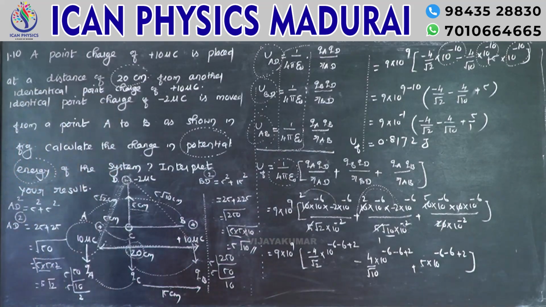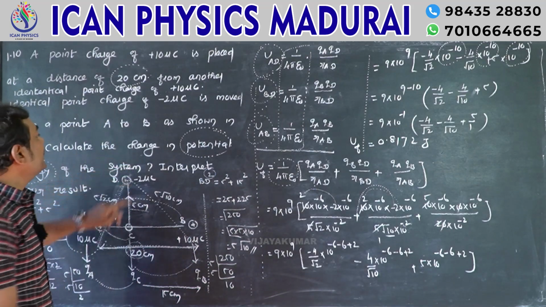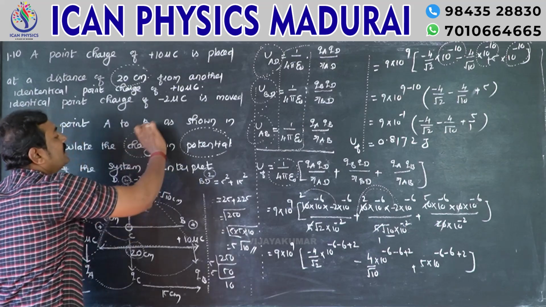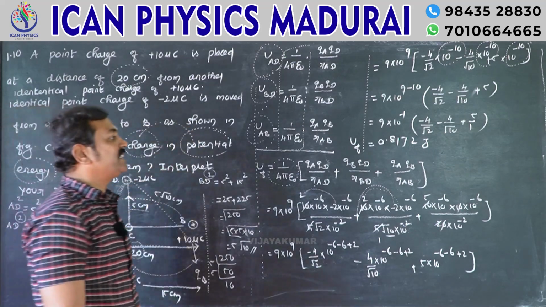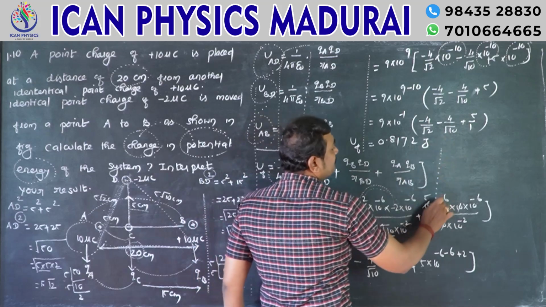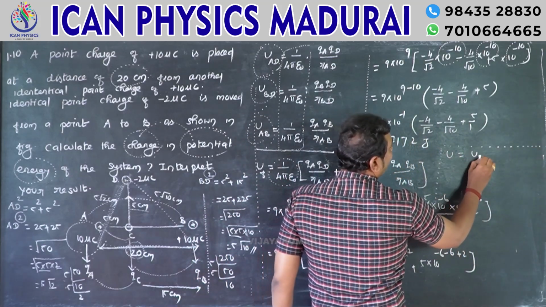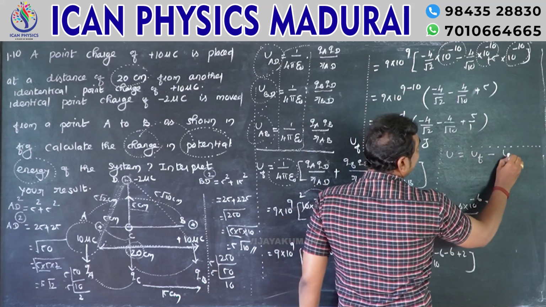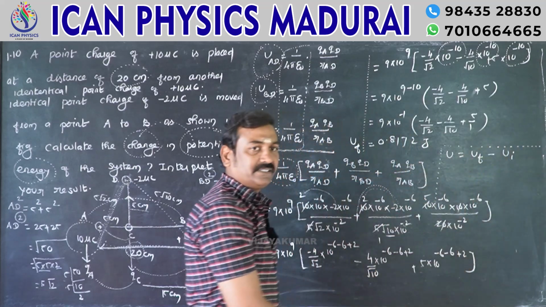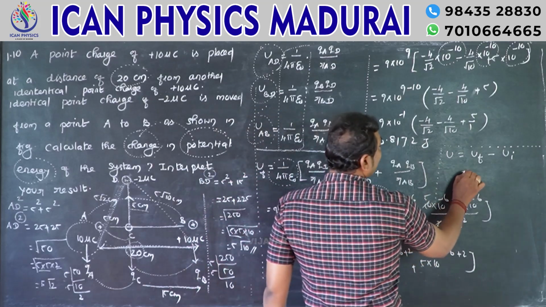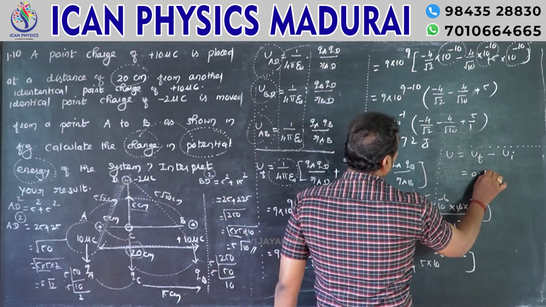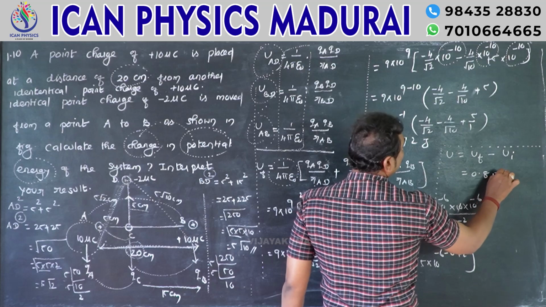Okay, fine. So what they are asking? Calculate the change in potential energy. So what is change in potential energy? The final potential energy minus initial potential energy. So what is the value of final? 0.8172